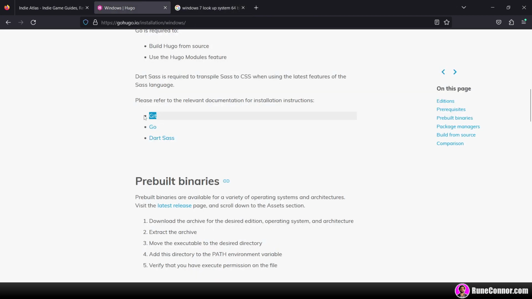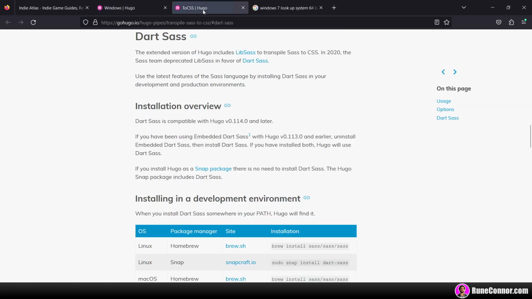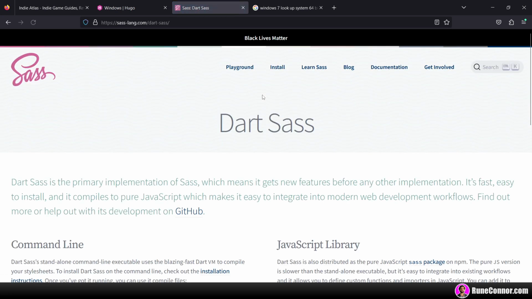After you have Git and Go installed, you can also download and install Dart Sass. It's a little bit more involved. It includes LibSass, which transpiles to Sass. The Sass team deprecated LibSass in favor of Dart Sass. Use the latest features of the Sass language by installing Dart Sass. This is not a requirement, but if you want to use Sass, this is basically a programming language mode for CSS files. Go to Dart Sass and then